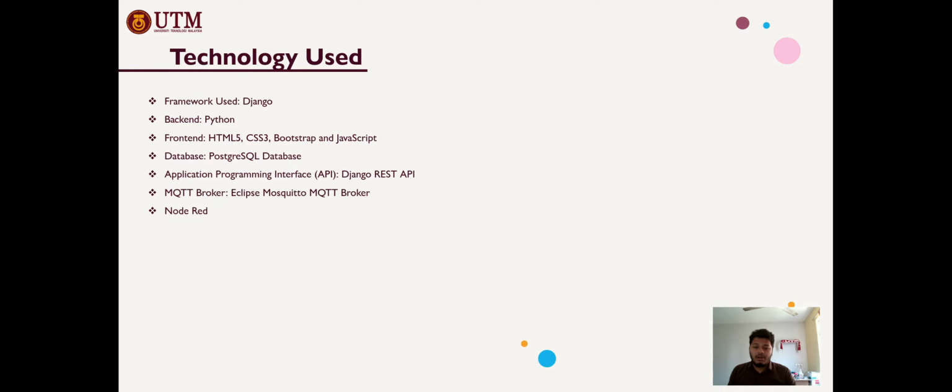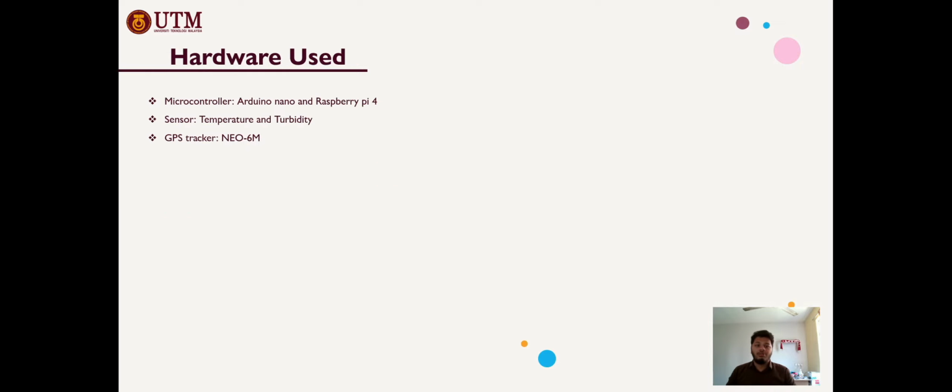So for the hardware, I have used both Arduino Nano and Raspberry Pi 4, and sensors. For sensors, I have used a temperature sensor and a turbidity sensor. For the GPS tracker, I have used Neo 6M to track the station's current location. So that's all about the configurations and the monitoring platform. Let's see